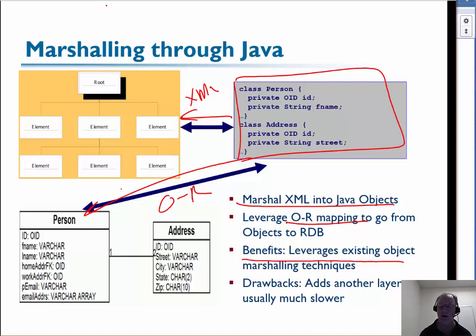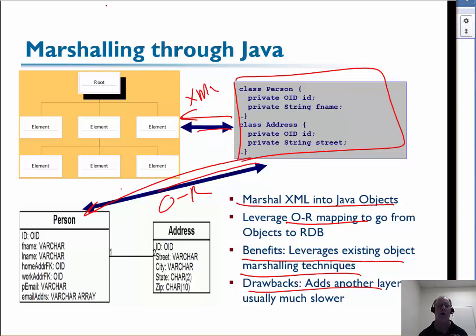The benefit of that is you may already have to do that anyway, right? You may already be doing these things. So therefore, hey, you already got a set of domain objects. So I'm just leveraging code. I'm leveraging understanding that I already have and design I've already done from a domain perspective in my system and in my organization. The drawback is anytime I add another layer like this, I'm going to be slower.